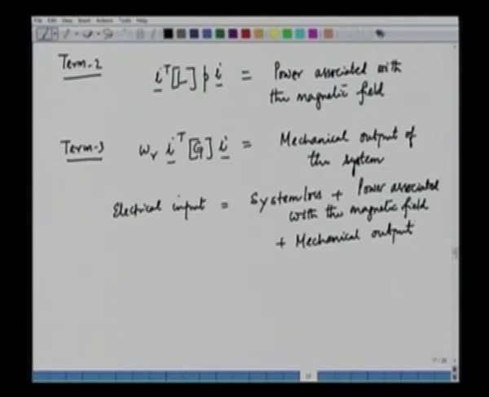So, this actually is the energy balance of the system, that we are giving some electrical input to the